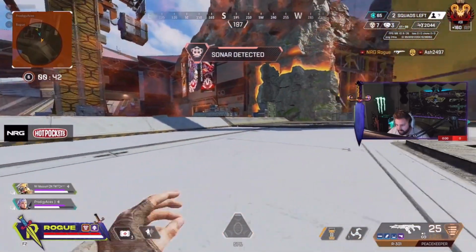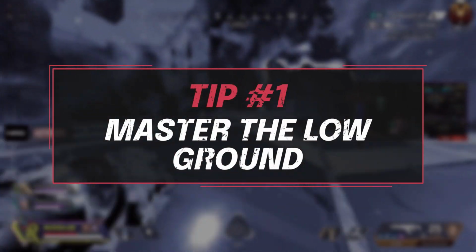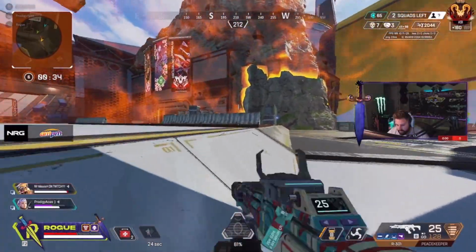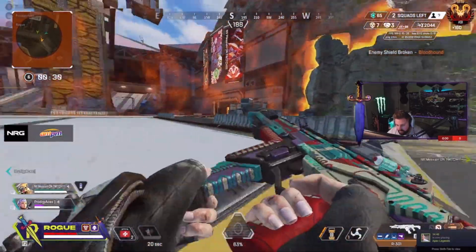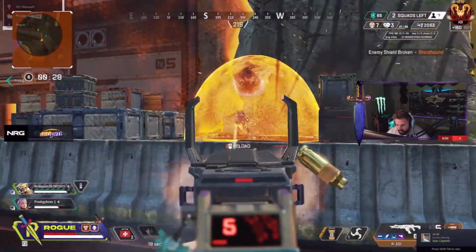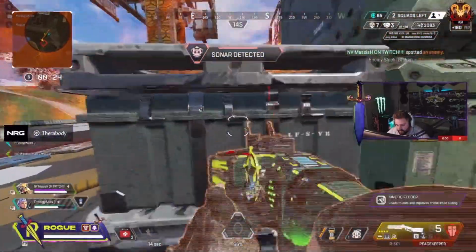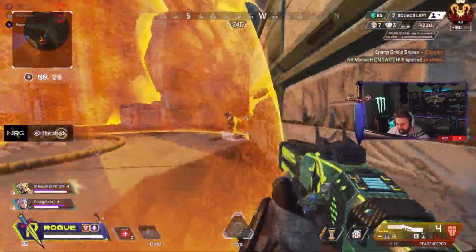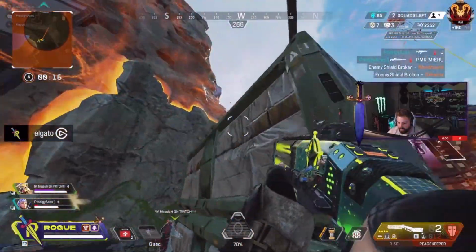But now let's dive right into the tips, and starting off with tip number 1, this is how to play low ground. A lot of people, including myself, will always tell you that taking high ground in situations is the best course of action in a fight. You're able to control a lot more of the fight that way. You can control the flow, you can control where teams can move to, where they peek you from, and so much more. You should always be looking to take high ground in fights,